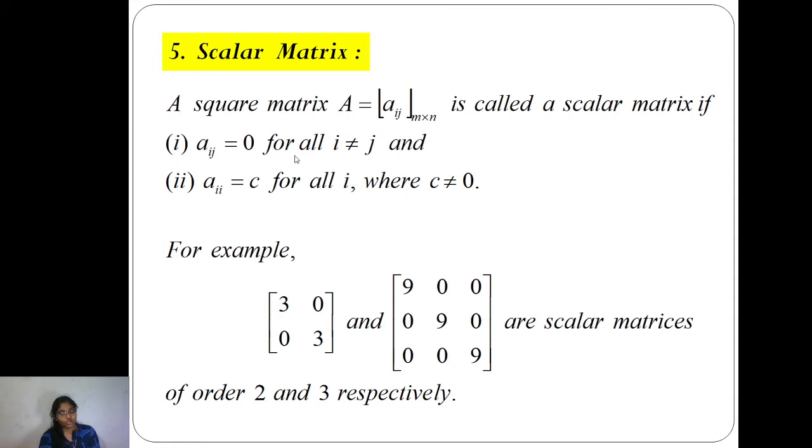aij equals to 0 for all i not equals to j and aii equals to c, that means non-zero element for all i. For examples 3 0 0 3, and 9 0 0 0 9 0 0 0 9 are scalar matrix of order 2 and 3 respectively. Okay, next,